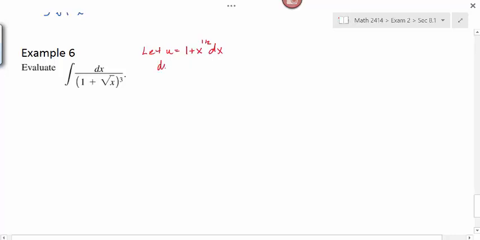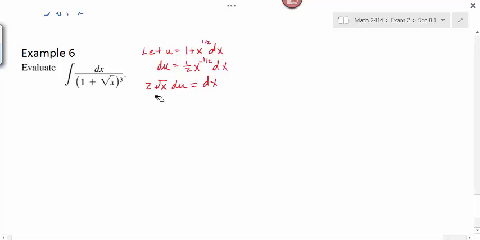When I take the derivative, I get du is equal to 1/2 x to the negative 1/2 dx. Agreed? Do I have a 1/2 x to the negative 1/2 here? No, I don't. I have a dx. What I need to do then is isolate and see what it is I'm going to plug in place of the dx. I'm going to move these two terms over with the du, so I multiply both sides by 2 and then multiply by the square root of x, and that gives me 2 square roots of x du equals